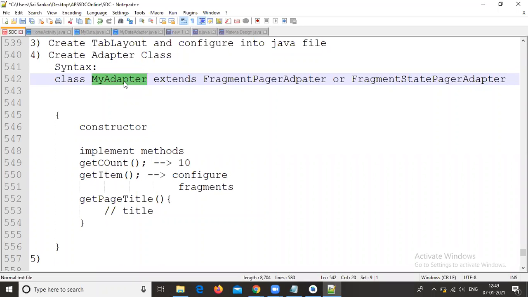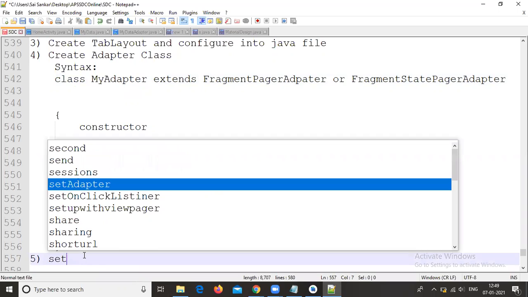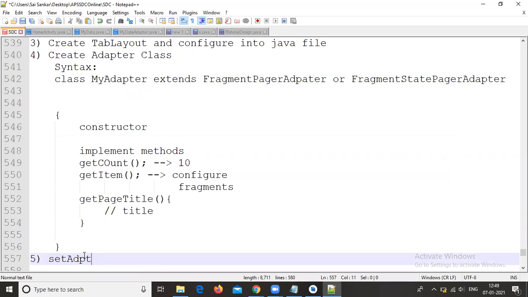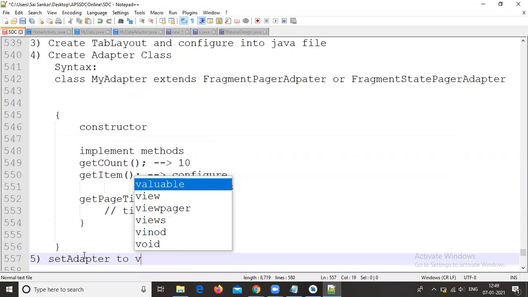So now we need to configure this adapter class inside your activity, that means inside your onCreate method. Now we need to set this adapter to the view pager.